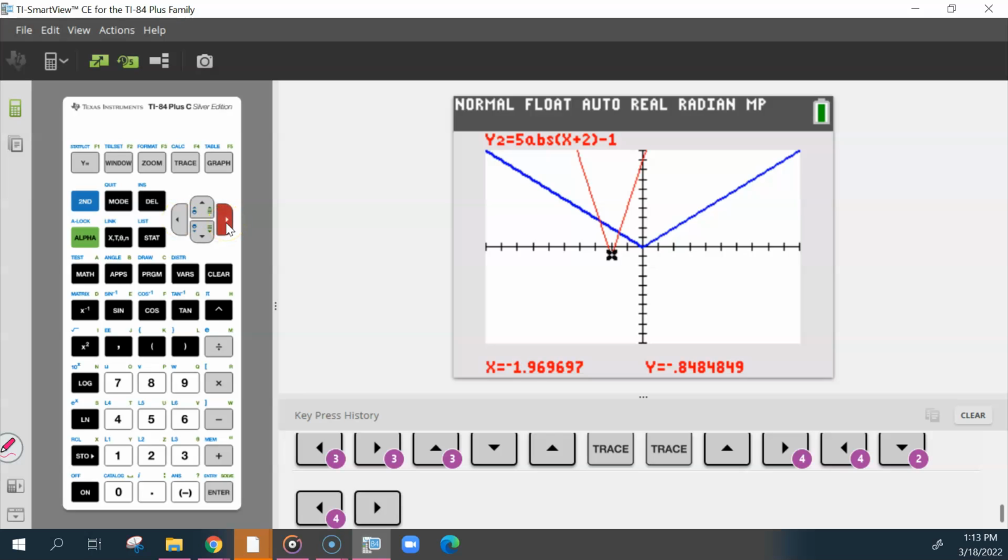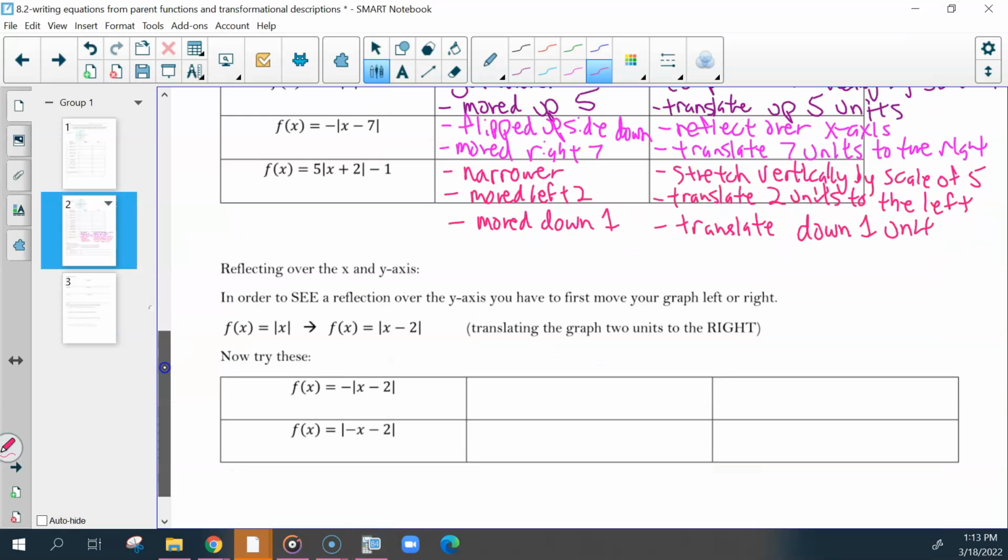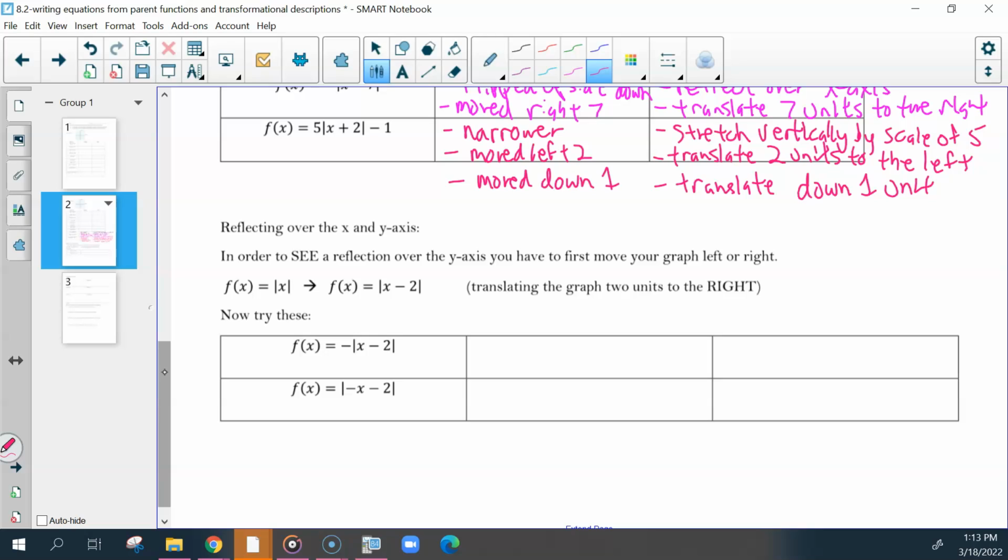If I were to find the lowest point, it would be a -1. It just doesn't look like that right at this moment. All right. Now, earlier I talked about how if we have a negative on the inside, we don't really see that change, but we did see it with the 2 different colors. So why is that? If we want to see an actual reflection of the y-axis, we have to move our graph left or right